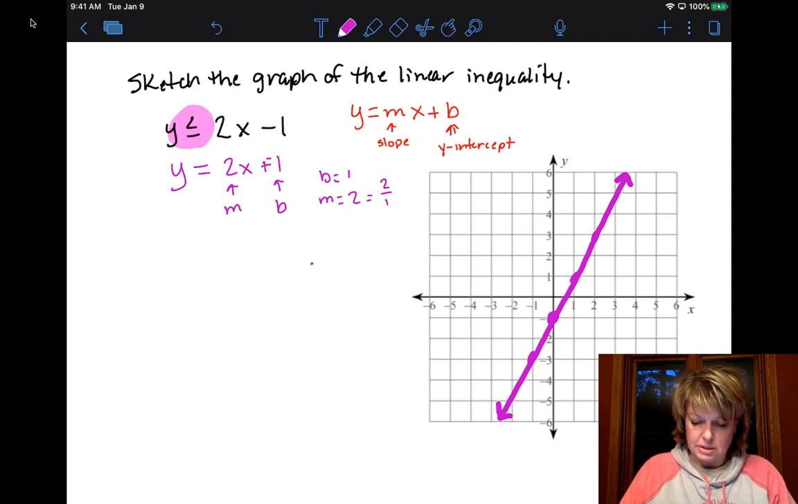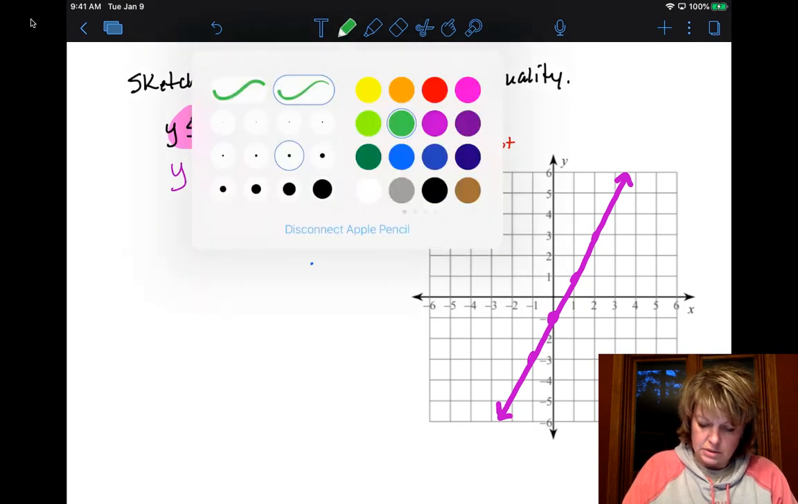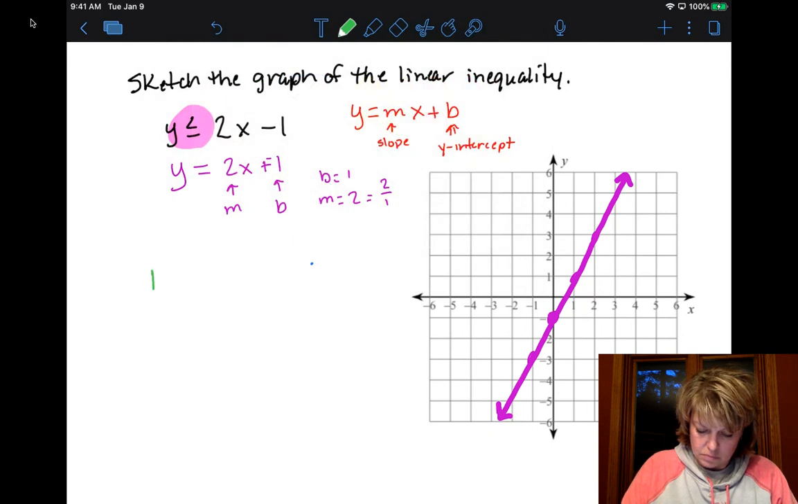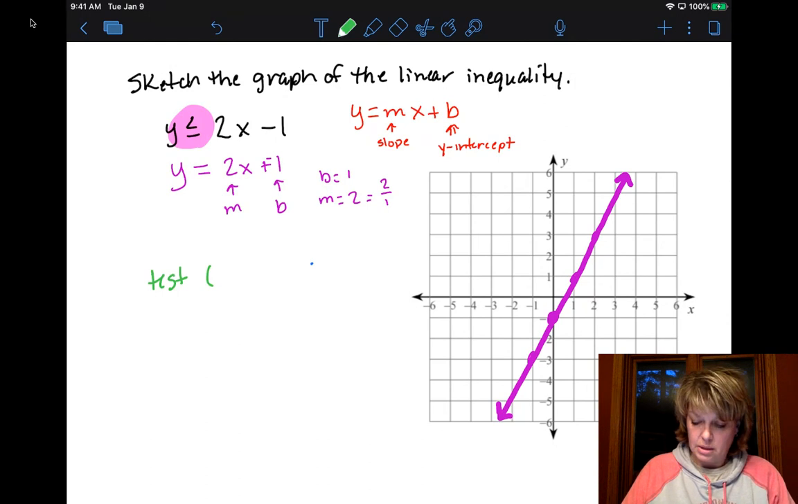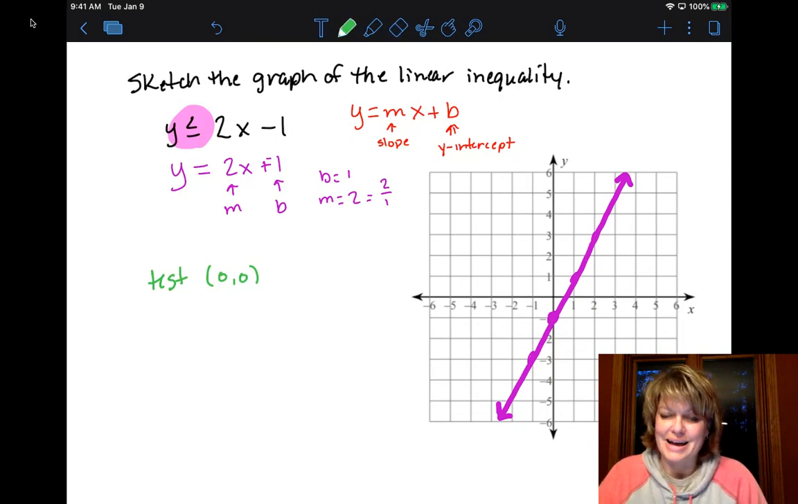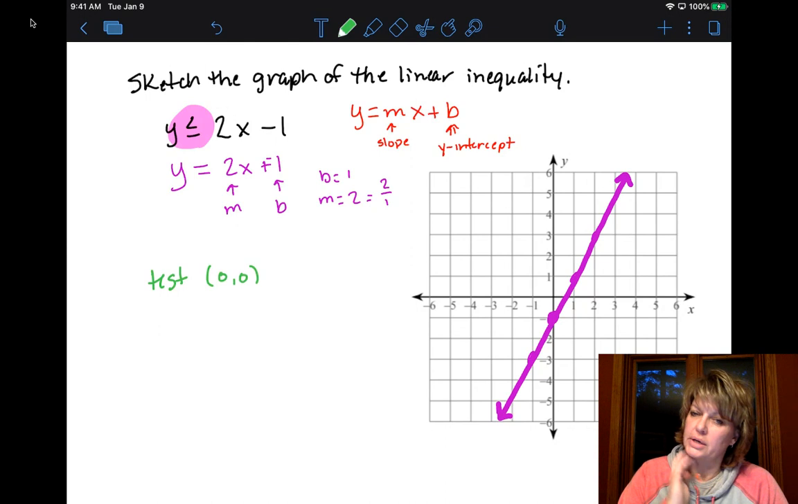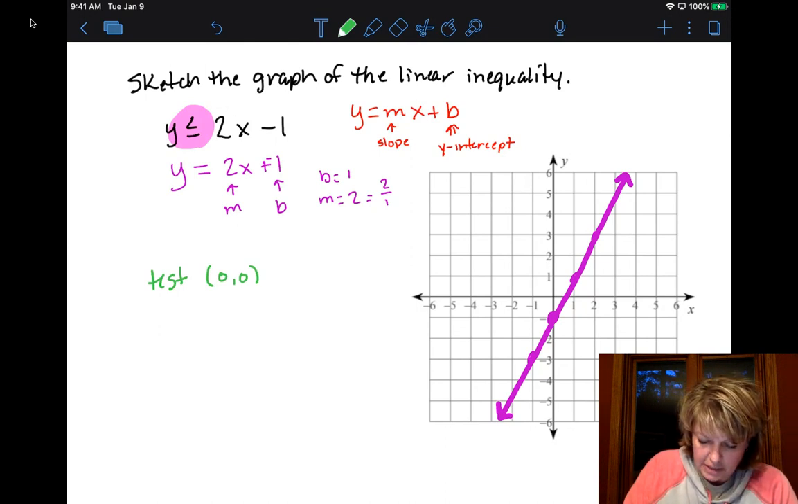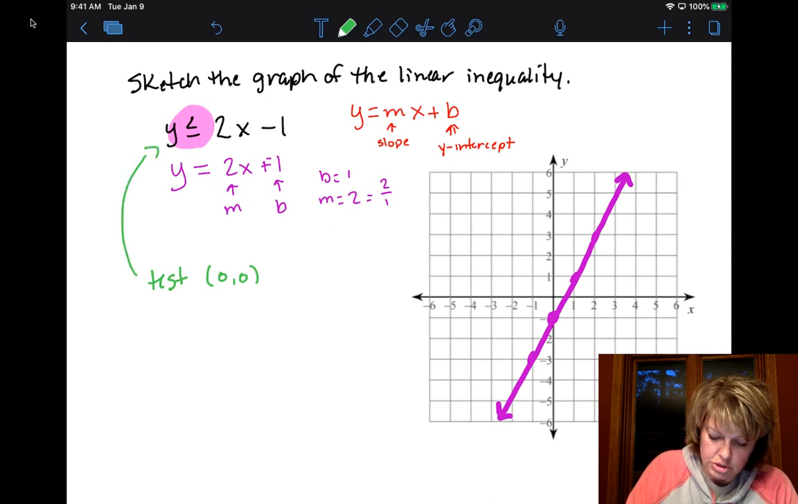Then we move on to testing the region. Now we have to test an ordered pair, an x and a y. Again, just like both Mr. Klug and I say, why not test 0, 0? 0, 0 is a nice, easy point. Why not test it? Now, truthfully, you can test any point you want as long as it's not on the line. If it's on the line, we already know, do we want it as part of the solution or don't we? So if I test 0, 0, again, in the original inequality,